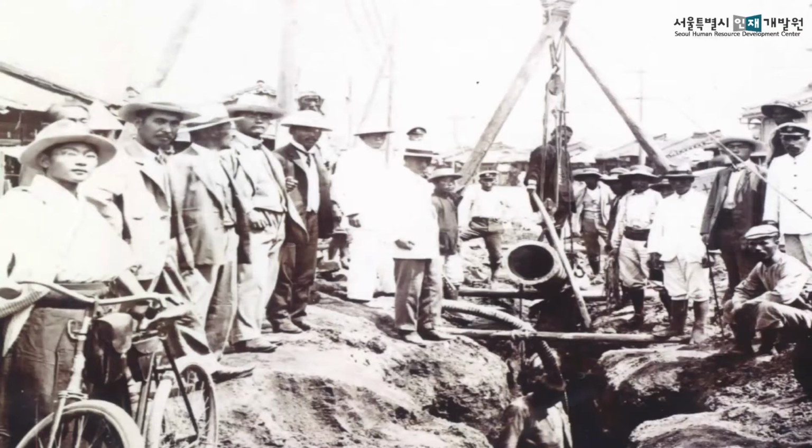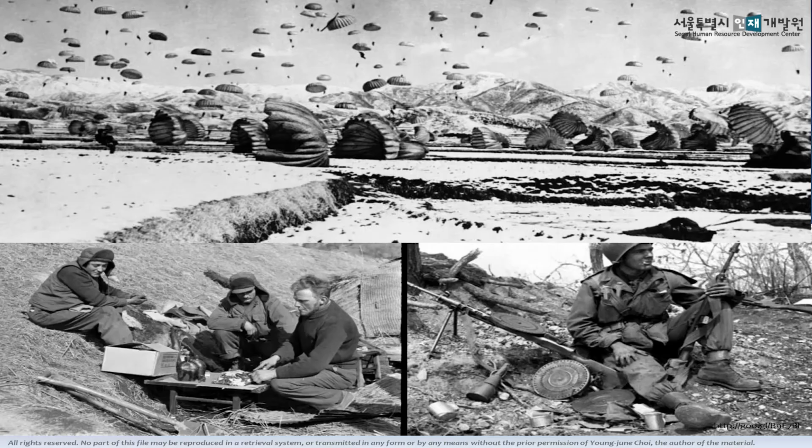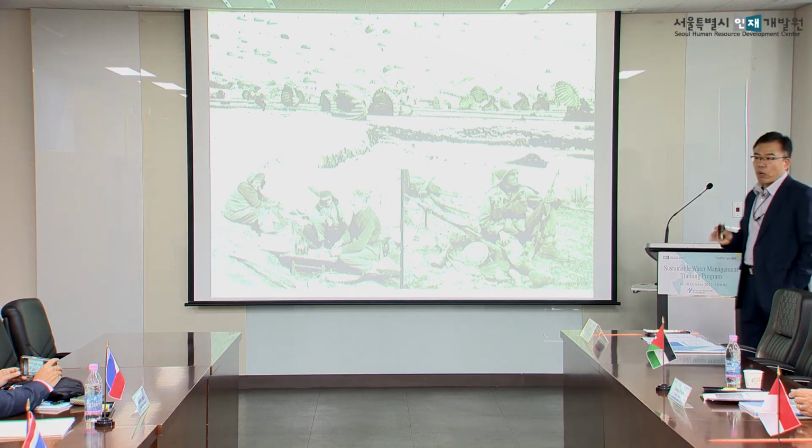This photo was taken in 1912, and people were constructing the water pipe. Do you remember when the waterworks system of Seoul started? The waterworks system of Seoul started in 1908, right? So we said that the history of the waterworks system of Seoul is 107 years old, but actually, it's not true